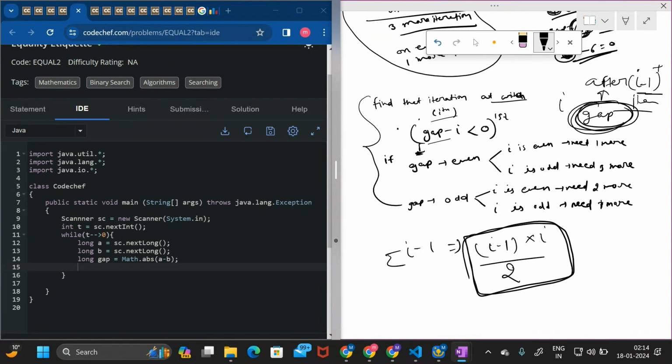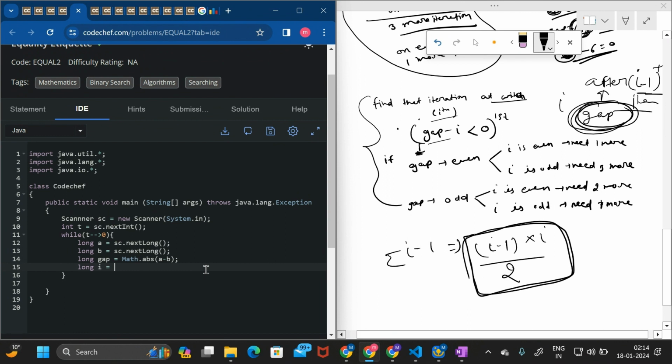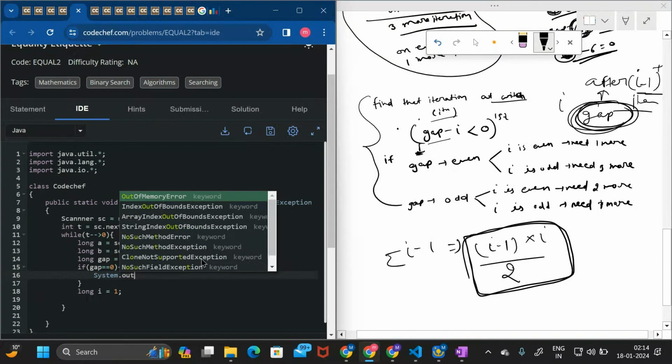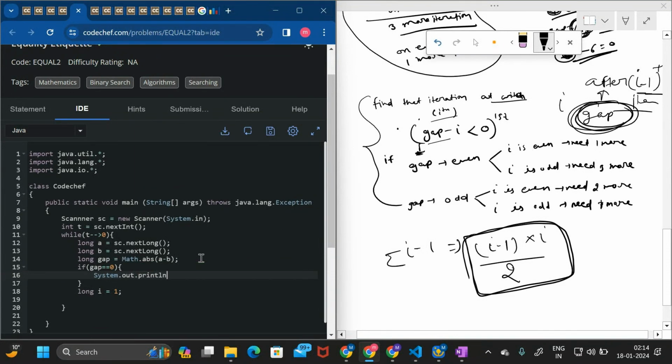Okay, so first I will take I, which is initially 1, and before this, if our gap is already 0, then we can simply print 0. Because our answer is 0, we do not make any move. So our answer is 0